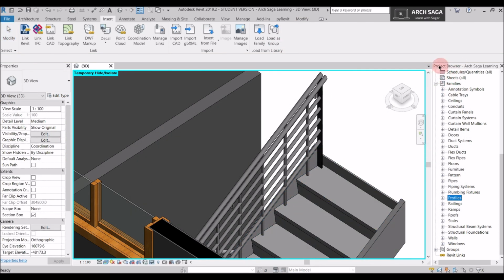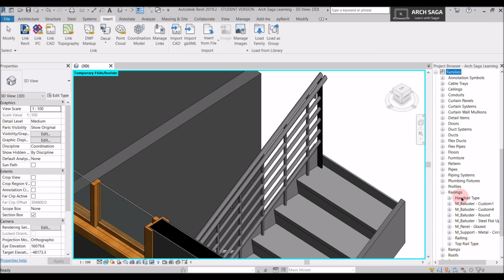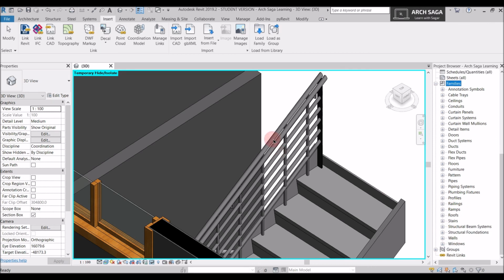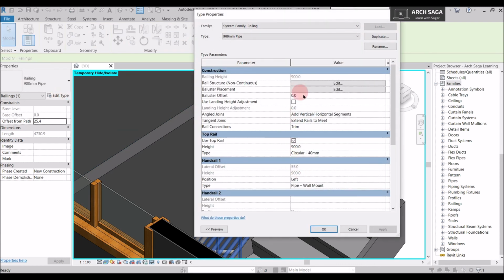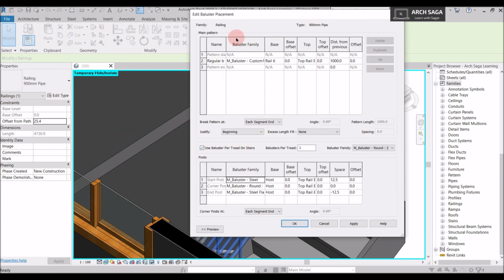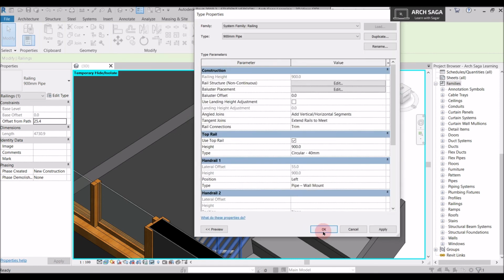So here in the project browser, if you go to families, you can find in railings, you can find a new baluster which we added now. So what I'll do, I'll just select the railing, I will say edit type, I will go to this edit placement, I will just untick this command for now, and I will select this new custom baluster and say apply and OK.